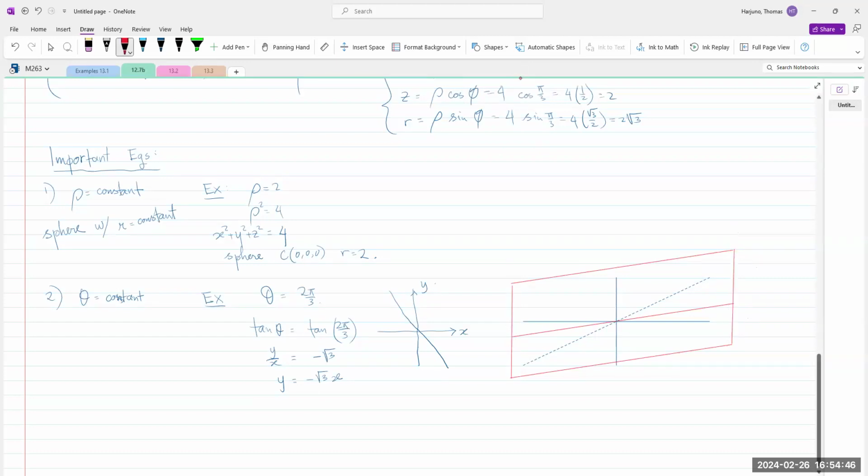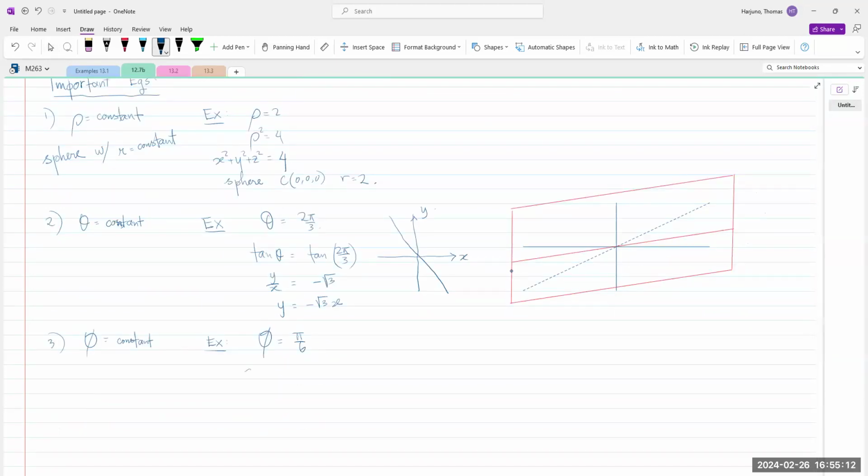Okay, so that's what the plane looks like. And then the third one, I think this is the most interesting one: phi equals a constant. For example, when we have phi equals, let's say, pi over 6,